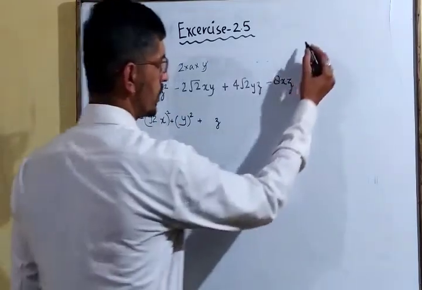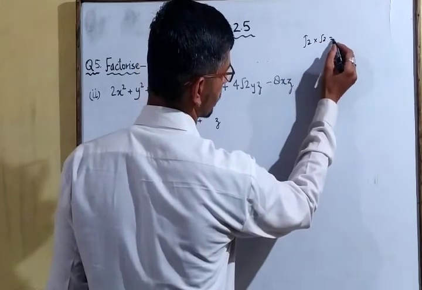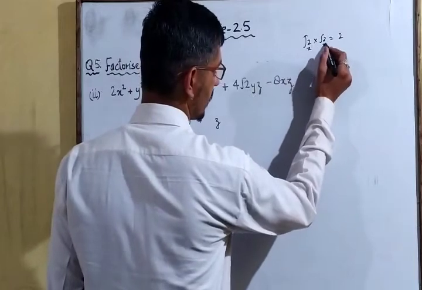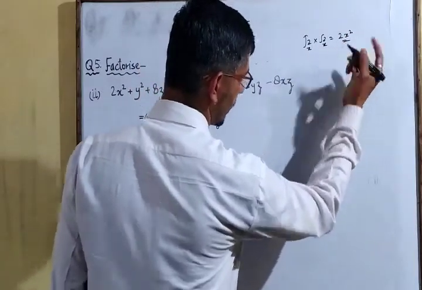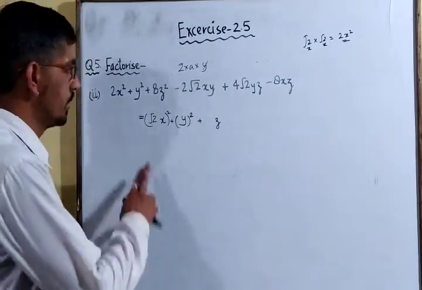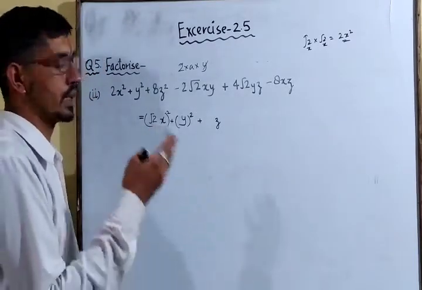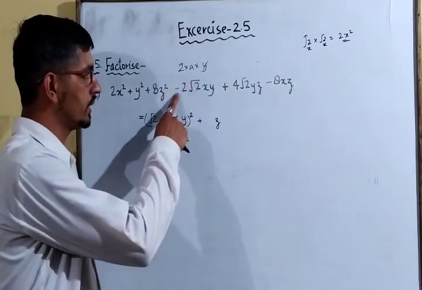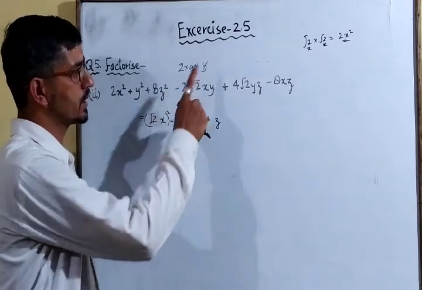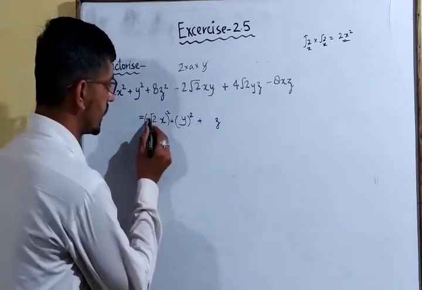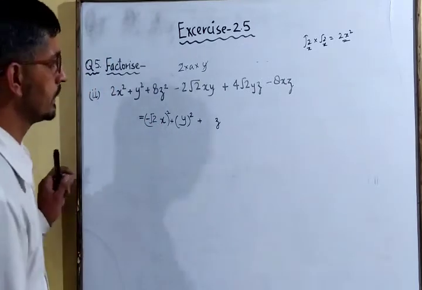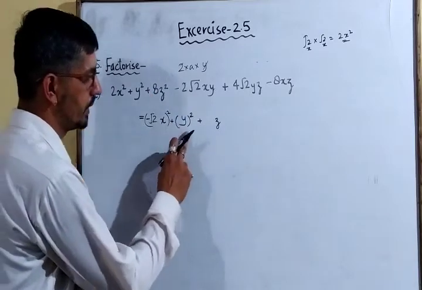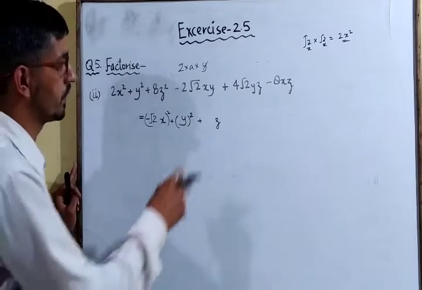And we know that root 2 into root 2 equals to 2. Okay. And if we put variable in it, it will become 2x square. Okay. Either you can do directly, or if you do not understand, you will find from here. And the sign is saying that one of A and B is negative. Okay, so we put it in A. Let's suppose, taking an example. Now we will find the C. We have A, we have B, we don't have C. So we will find C from here.